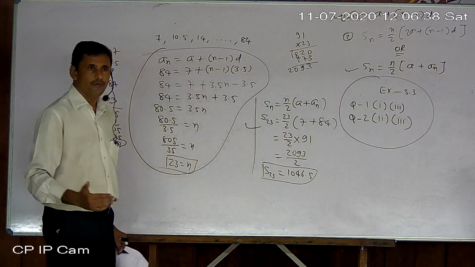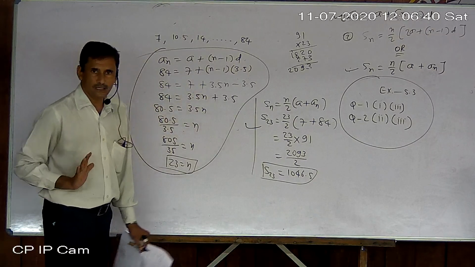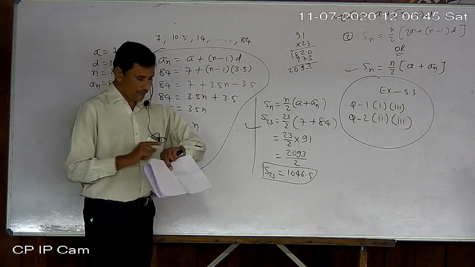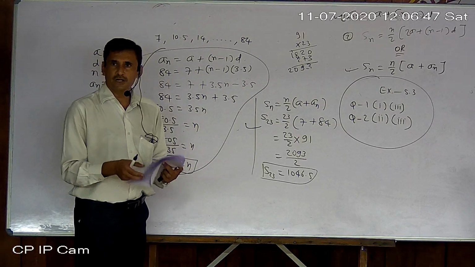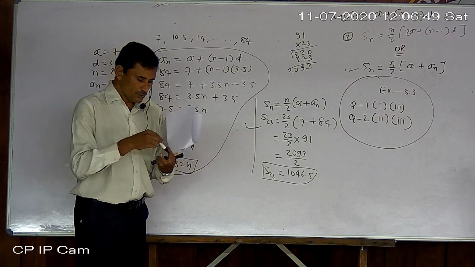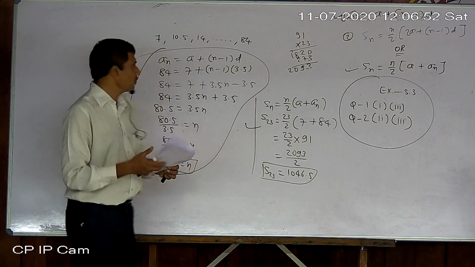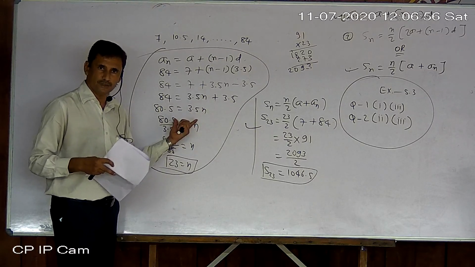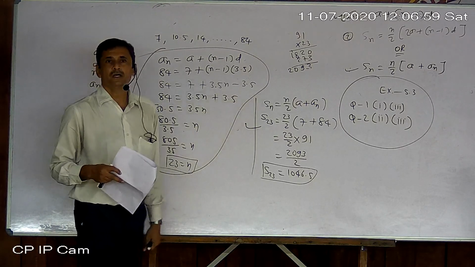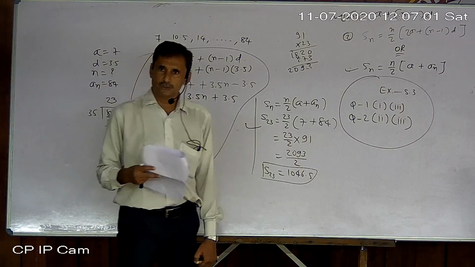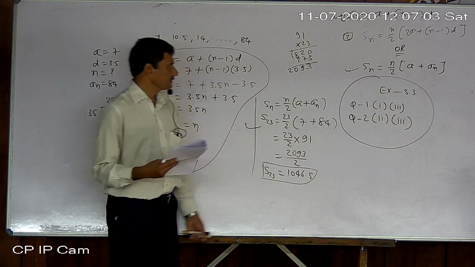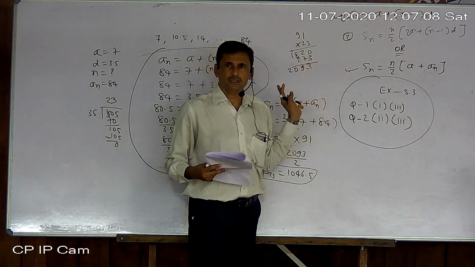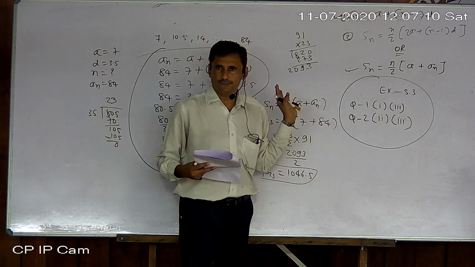Don't try always to solve the given sum directly. That is not the way of doing homework. If you want to do homework perfectly, then first of all you have to go through all solved sums. After you understand the solved sum, then only you can solve the given sum. Okay, I hope you understand. If you don't make any mistake in simplification, then nothing is difficult. Okay, it is the same only.